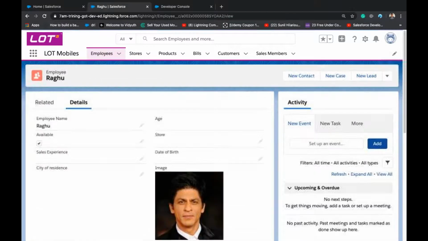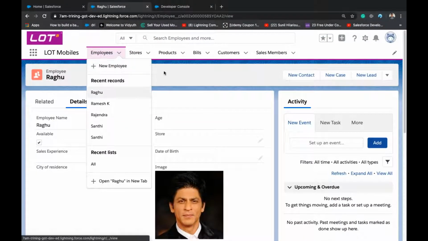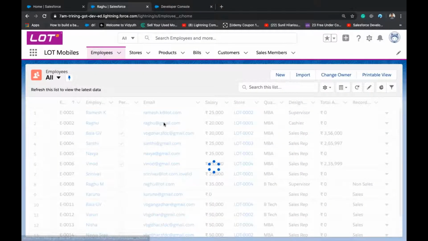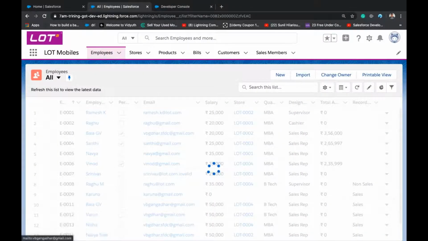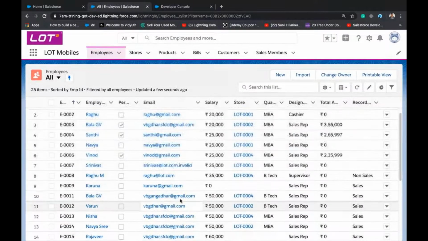But this is incomplete. Let us try with one more scenario. Just let me check the list. Oh, email is mandatory. That's why email is not blank.